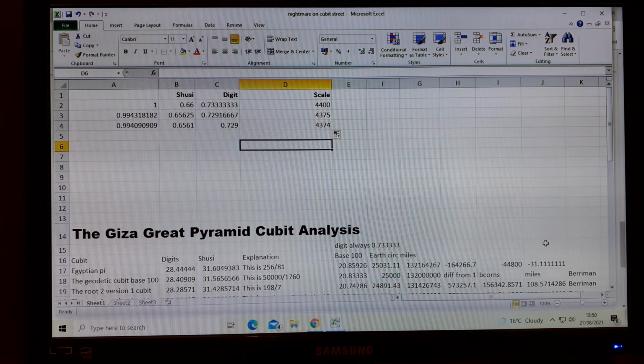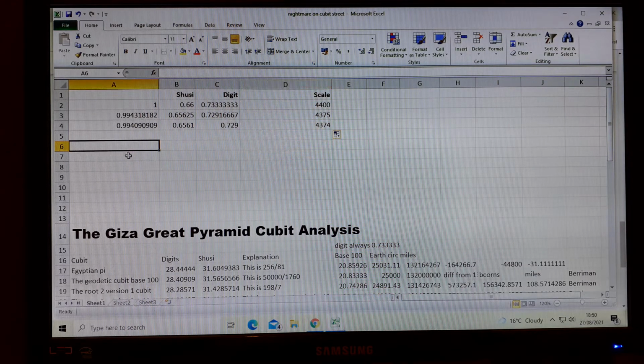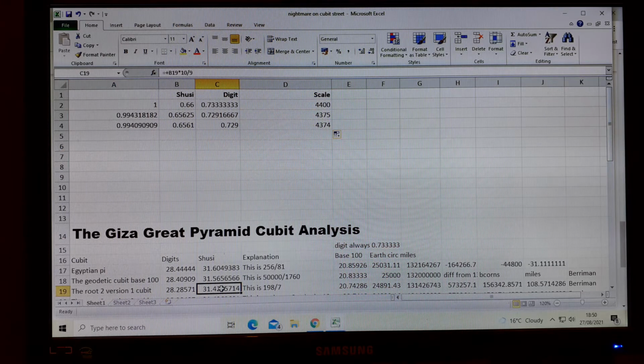Hello, Dave Kenworthy here. It's the 27th of the 8th, 2021, and I'm playing around with the cubit analysis that produced this quite stunning column of pi calculations of 10 times pi, when the digit producing the